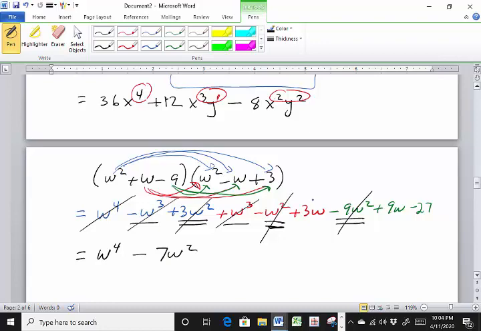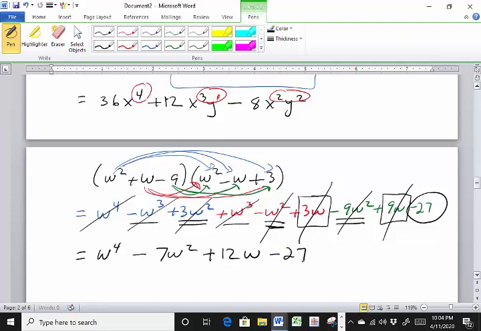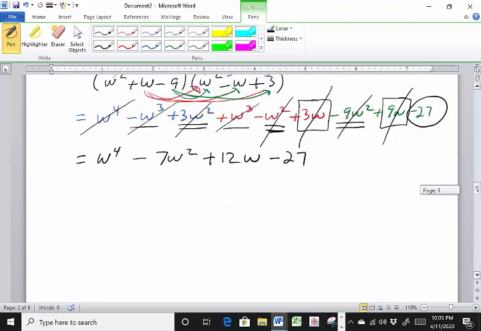Then we have a plus 3w plus 9w is plus 12w, so I'm good with that. And then we're going to subtract 27. This is our last term right there, so minus 27. Okay, so we end up with a fourth degree polynomial. There's 4 terms, so the answer is w to the fourth minus 7w squared plus 12w minus 27. Okay,